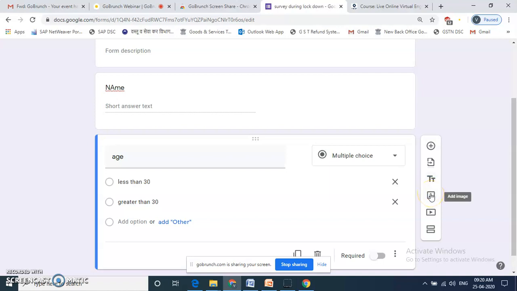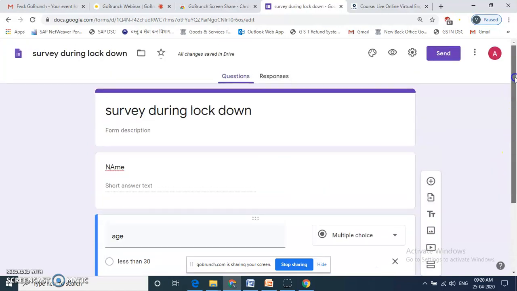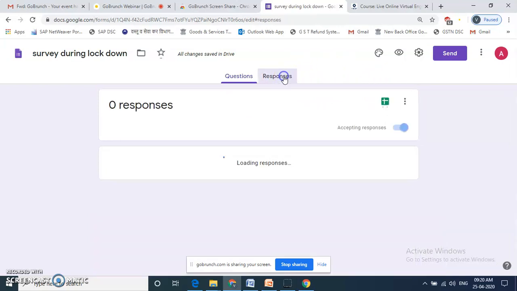You can also add an image to your Google Form by using this option. You can add a video by using this icon. You can also make sections in your Google Form by using this icon. There are a lot of features in Google Forms, and just 2 minutes are not enough to give demos of all the things, but still I am trying to finish it within a few minutes.